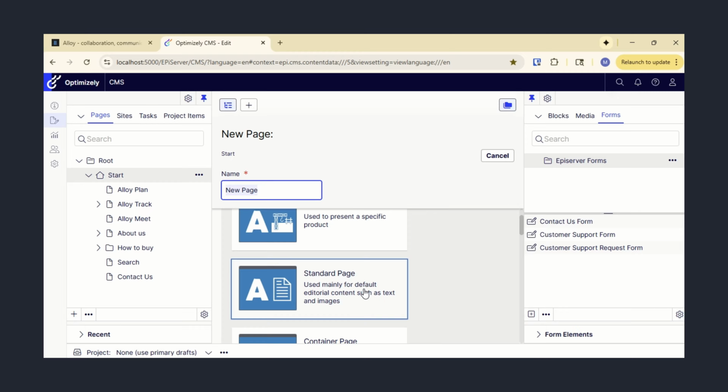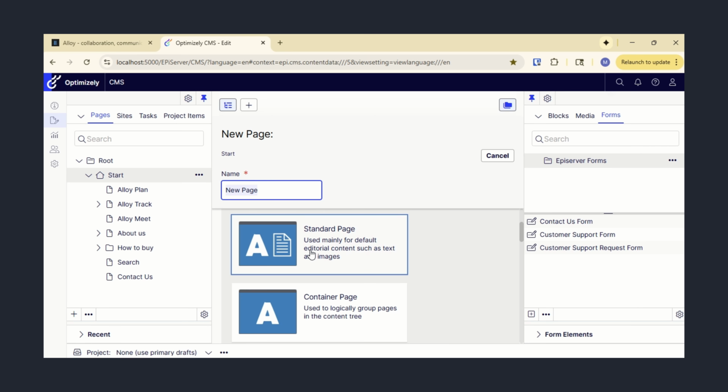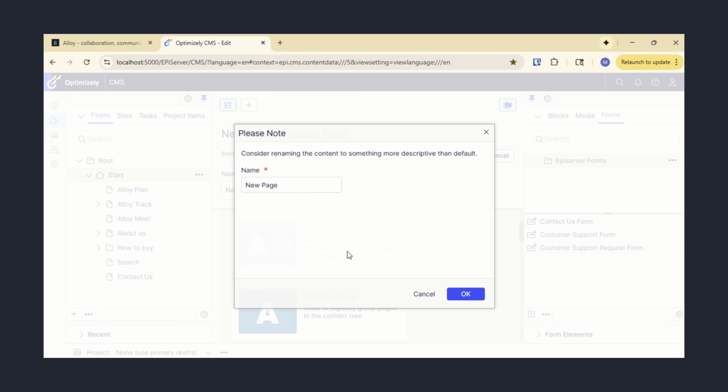page. You can choose any page, but make sure that it has the editorial content so that we can drag and drop the form. So the first time when I created, I went with the container page and I didn't see the editorial content, and I was like, where should I drag and drop? And so make sure that you have the editorial content area in the type of page you create. So I'm just going to say that it's support page, and